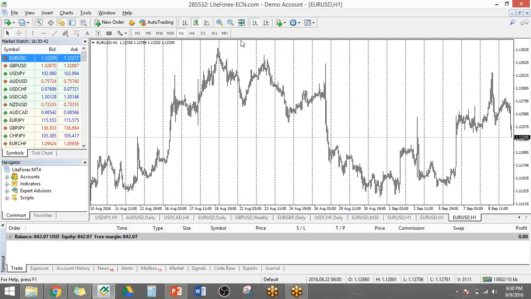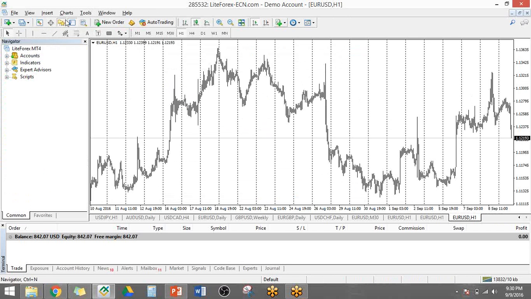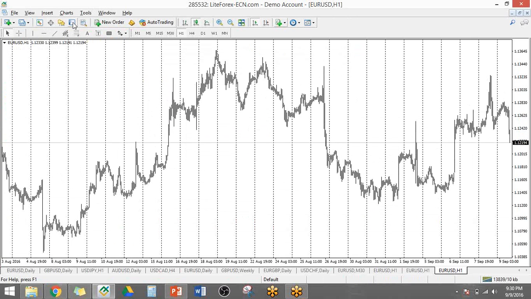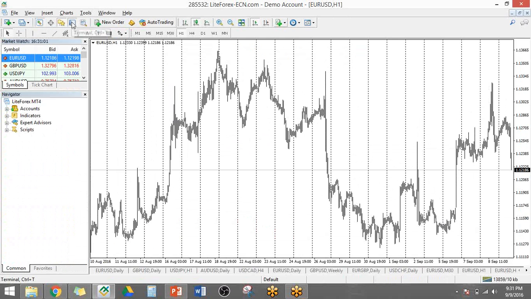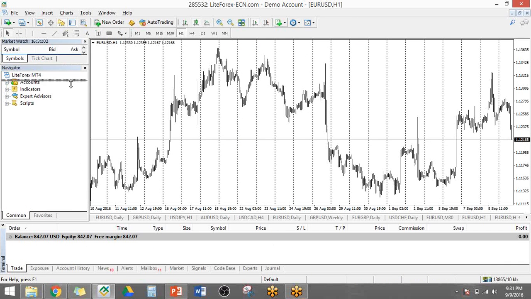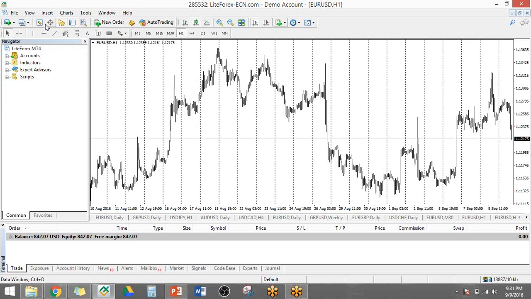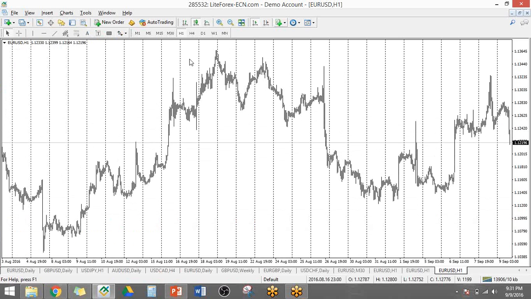And there you go. So you have here some options up there. If you want to take out your market watch, you just want to take them out of your current view. You click on the button over here. See, it takes it out. Navigator here, and then your terminal there. If you want them back, you just click them up here. Because sometimes people kind of panic whenever they close one of these windows over here, and then they can't find market watch anymore. So it's just there. You click on it. It's gonna come back. All right. So if you want to take them all out, you just click them out, and then you have a bigger chart.